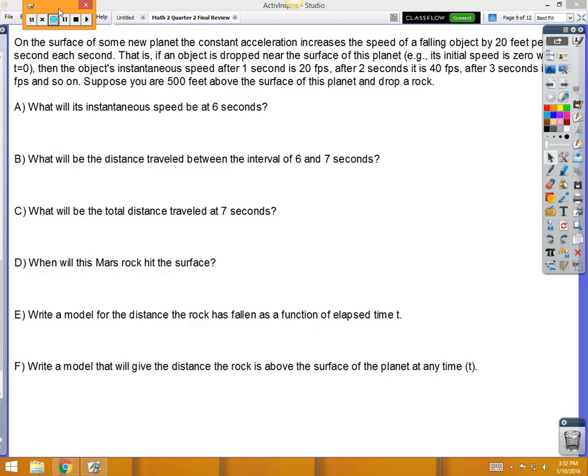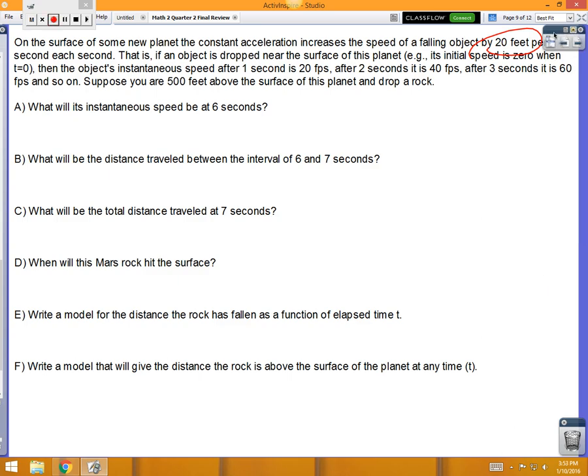Okay, some new planet. The constant acceleration is going to cause things to speed up at the rate of 20 feet per second every second. So who knows what this planet is, but the acceleration is 20 feet per second every second. So if an object is dropping on the surface of this planet, its initial speed